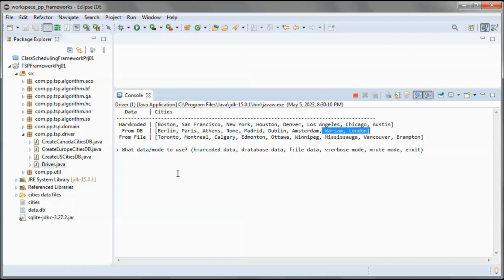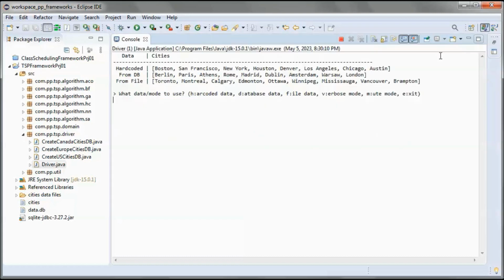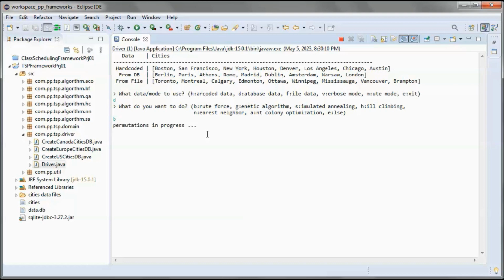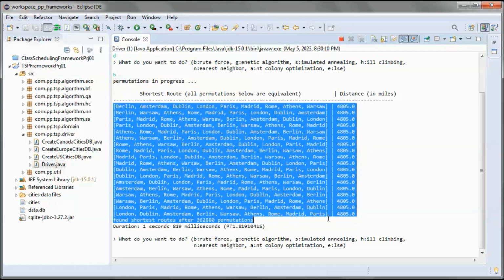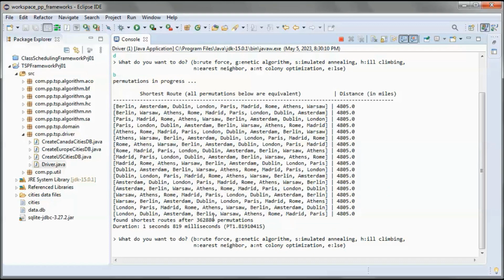So we'll run in default mode and pick up the data from the database, and same thing, do brute force. So this is the shortest distance in miles that we found, and all of those are equivalent. And this is 9 factorial permutations.